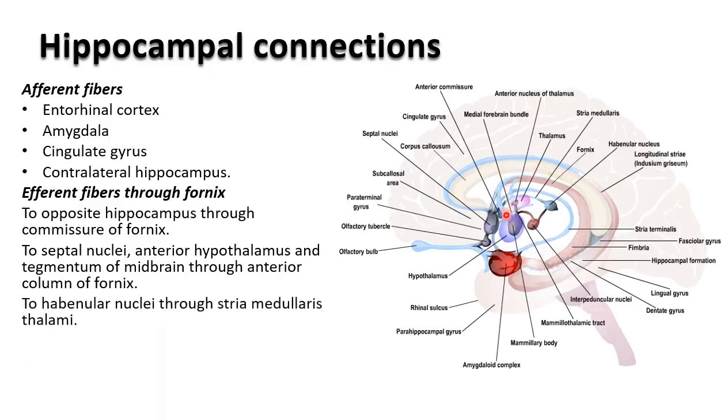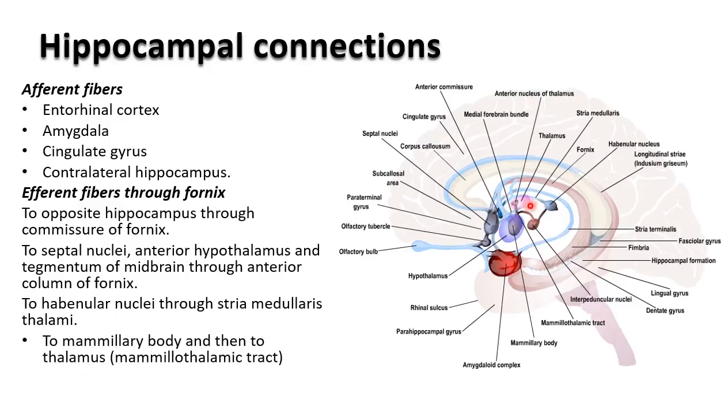Okay, then to the habenular nuclei through the stria medullaris thalami. So that is your habenular nucleus, mainly through the stria medullaris thalami, which you are able to see here. From here, the hippocampus, actually anterior column of fornix, from there it will project to the habenular nucleus via the stria medullaris thalami. Then to the mammillary body through the mammillothalamic tract, because not directly to the mammillary body, it will actually